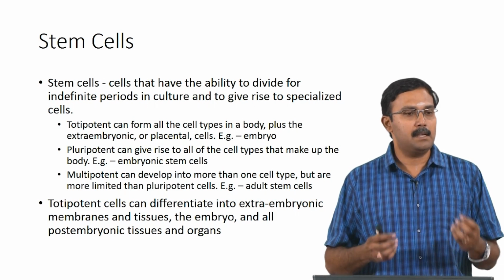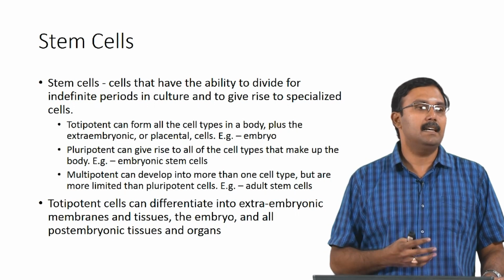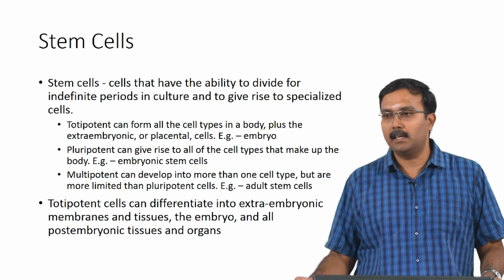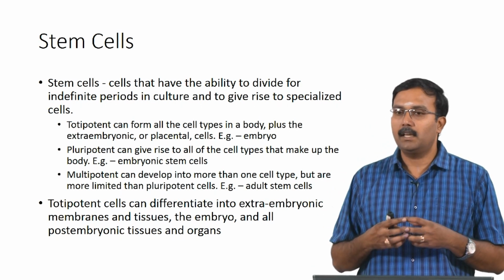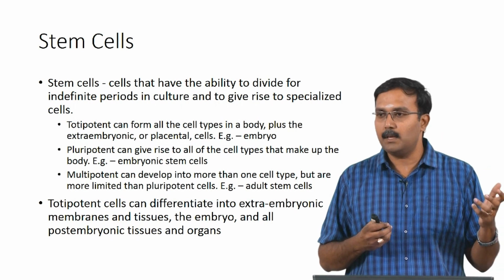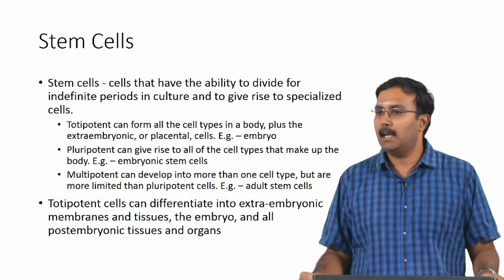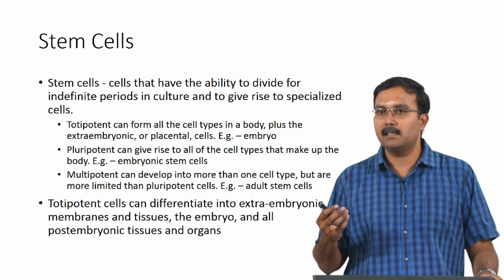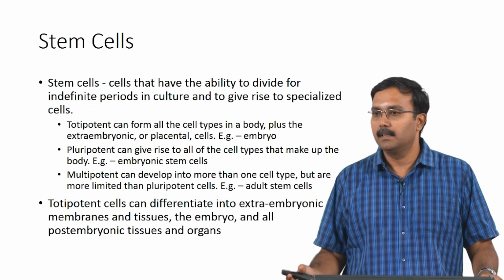So, totipotent stem cells are the cells which can form all types of cells in the body and the extra embryonic cells, which are the placenta, right. So, it can form all of that, and the embryo and the first few divisions of the embryo are the totipotent stem cells which can actually form any type of tissue. So, the totipotent stem cells have the ability to actually develop into a whole organism, whereas the